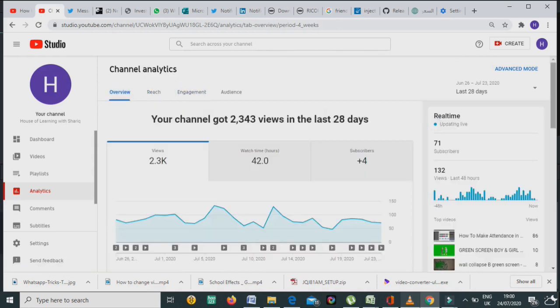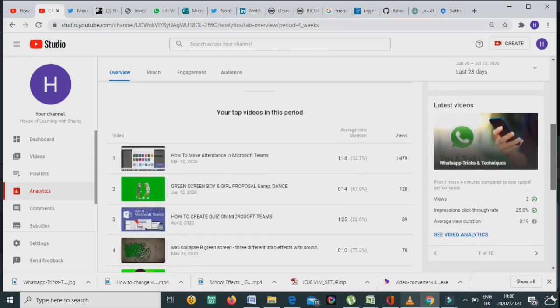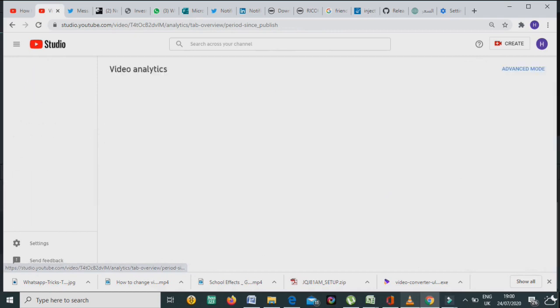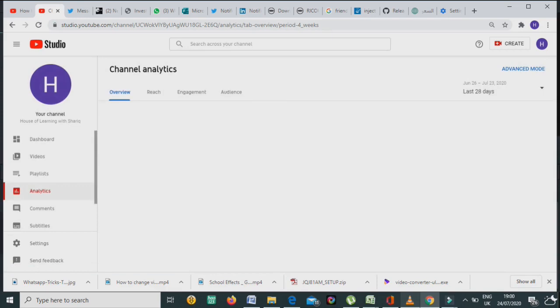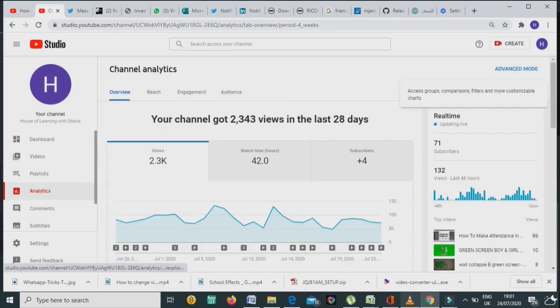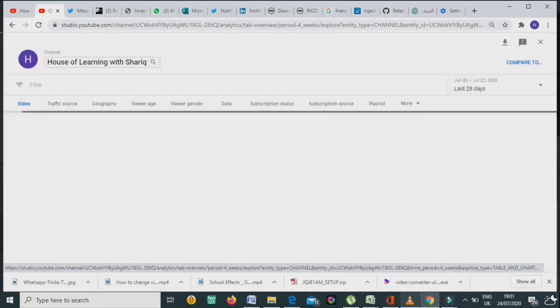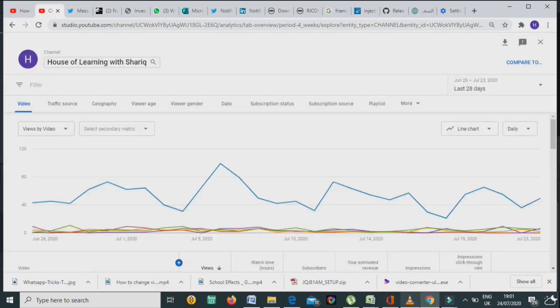Now on the top right, you can see there is written advanced mode. So once you click on advanced mode, you can see, so this is 365 days. I change it and I click on advanced mode. From here you can see each and everything about your YouTube channel.